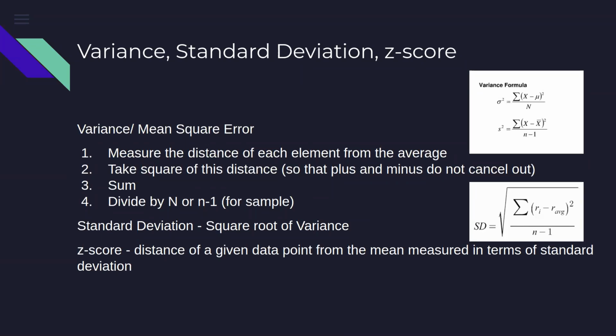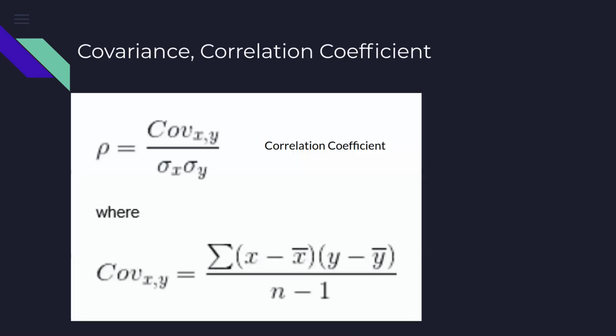We have discussed the concept of central tendency, the different measures of central tendency, then dispersion. While talking about dispersion, we had seen how to compute variance, standard deviation, z-score. I hope all of you remember that, and these are a few things that you must remember. Then we had also talked about covariance and the correlation coefficient. We'd also seen the computation in the Excel sheet.